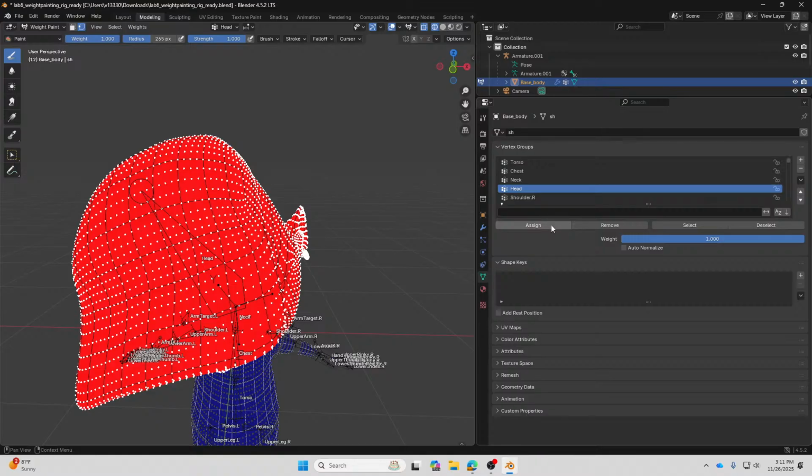Select first the geometry part in selections in edit mode, and then switch to weight paint. Go to vertex group, and then weight here, assign. Switch to solid mode so you can see. Oh, look, yeah, you have the red head situation going on.